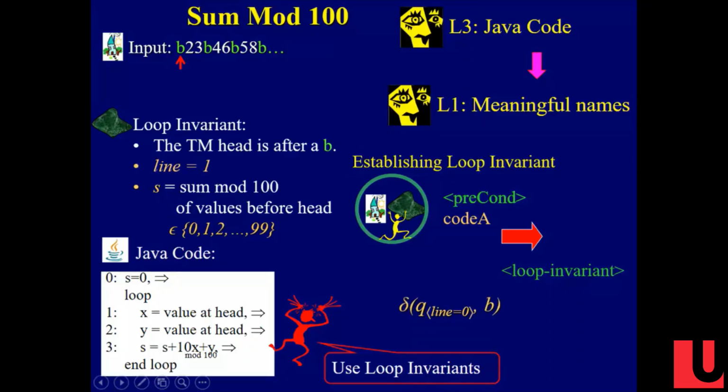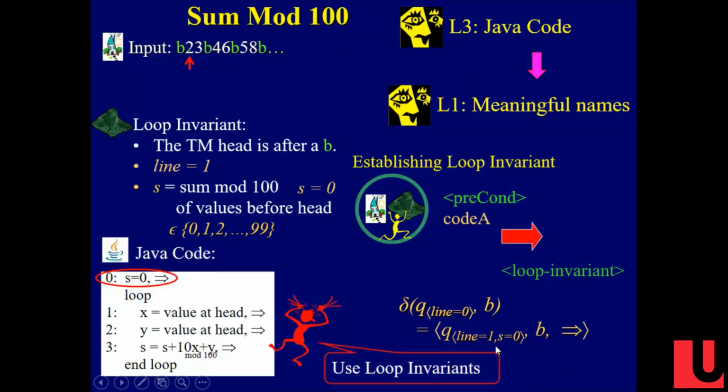So what am I going to do? If I'm in that state, what am I going to do next? Well, I'm going to read the character, and hopefully the character there is a blank. If it's not a blank, what do I do? I panic, because I'm expecting a blank. So if it's blank, what state do I want to go in next? Well, it tells me to store a 0 into S and to move the head right. So here I moved the head right and I stored a 0 in S.